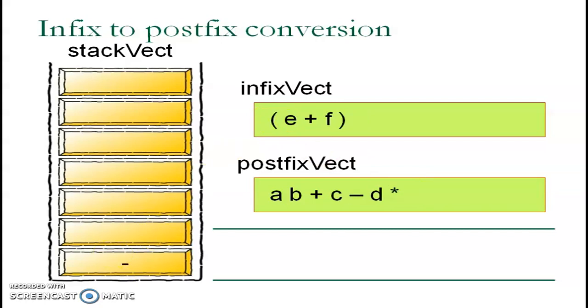Okay, so the next is a bracket, it goes into the stack. e is the operand, it goes here in the postfix string. Plus is having higher precedence than minus, it can be put on top of minus, so it goes into the stack. f is an operand, it goes into the postfix string. Closing bracket. Now when a closing bracket comes, we have to check the topmost element, it is not matching, so pop that element and put it into the postfix string. Now the opening and closing brackets get cancelled.